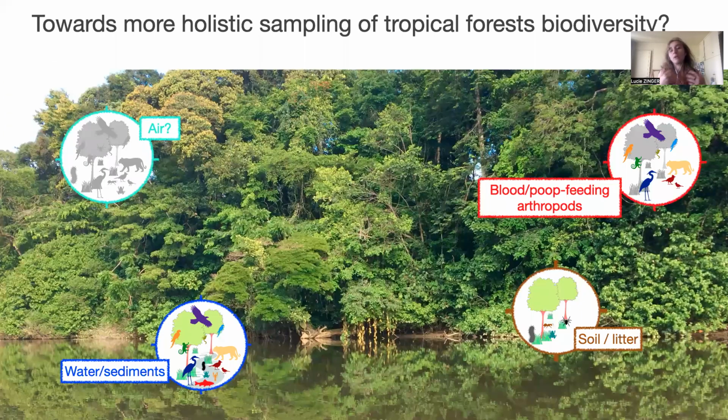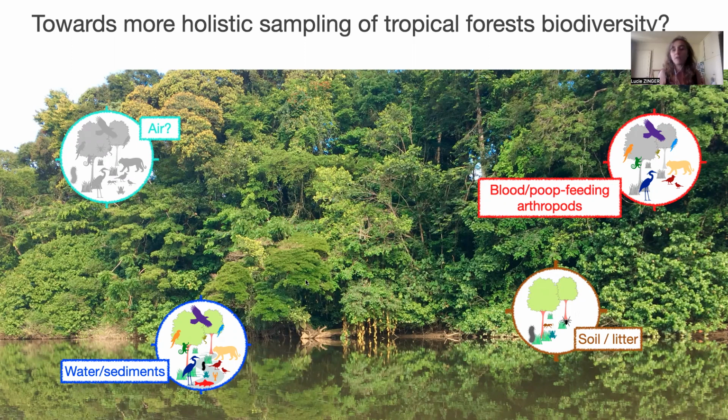Okay, so you can see that we can obtain meaningful information when we collect soil eDNA, but this information remains restricted to the soil system. And so that means that we need to diversify the type of matrix we sample if we are to obtain a more holistic view of tropical forest biodiversity. You will see some examples of other types of analysis later during the symposium.